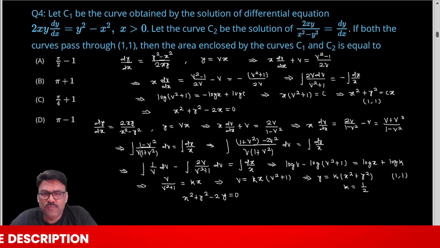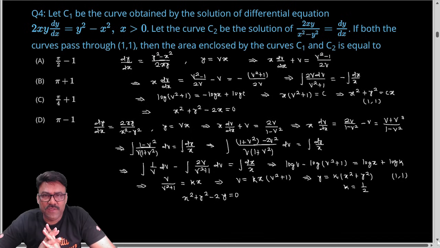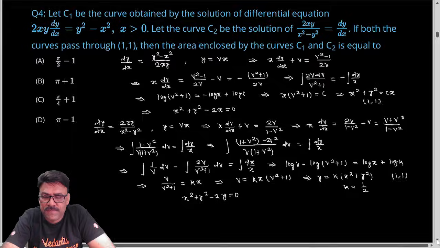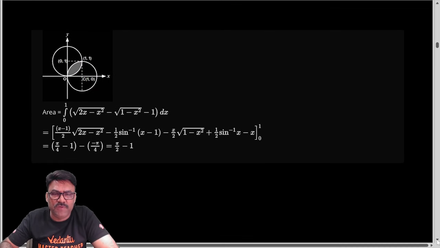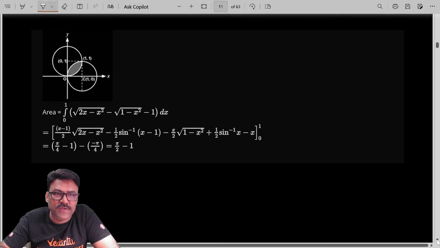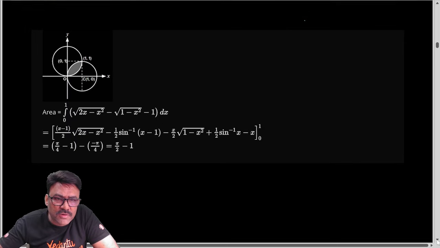So we have two circles, both passing through the origin. Both have radius 1. The center of the first circle is on the x-axis at (1, 0), and for the second circle on the y-axis. Now we have to get the area enclosed between these two circles. Let me show you the figure straight away. Just look at the figure, ignore everything here. You have two circles here, and the area enclosed by these two circles is this included area, the shaded area. Now you can see that if I draw this line, the common chord of the two circles,